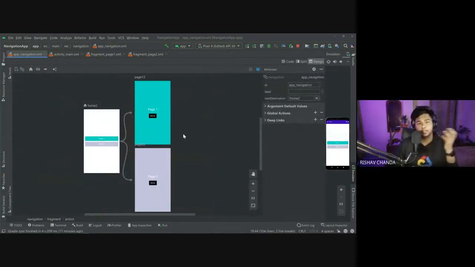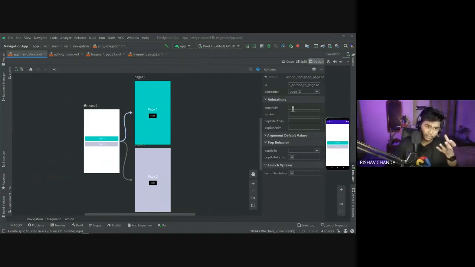Now one thing that is important is the action's ID. We require this action ID when we call the on click listener of the button. To click on the button, we have a function, the on click listener, which runs when the button is being clicked, right? So for that we need this ID. I would change this one, giving a meaningful ID. I would write go to page one, because we are going from home to page one. So I am writing go to page one for this action.